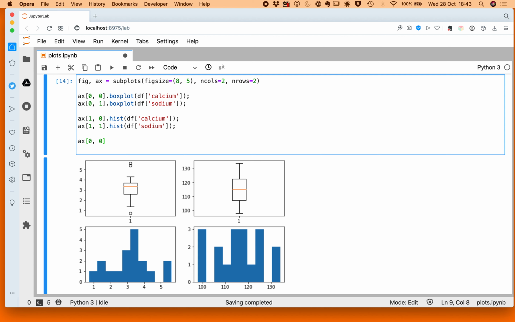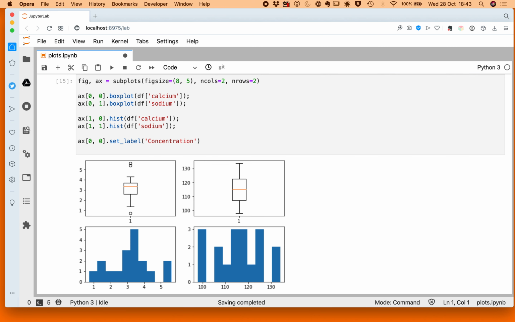So if we want to put a label here on the vertical axis of the calcium box plot, then we can do so by referring to the axis 0, 0. And if it's the vertical label, that is called the y label, and the function is called set y label, and then in round parentheses the argument. So the argument that we need is the text that you want there, and that will be the concentration in both cases, right? And that first row, it will both be the concentration. So if we execute this code,